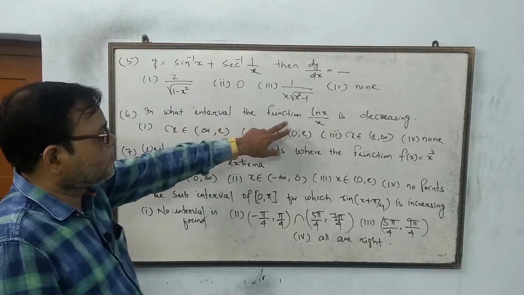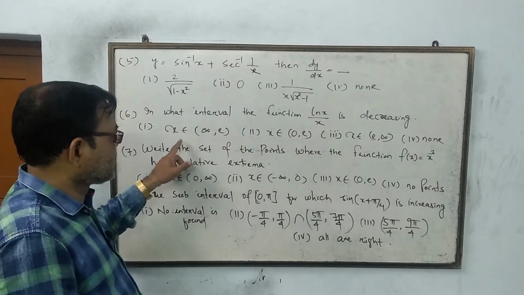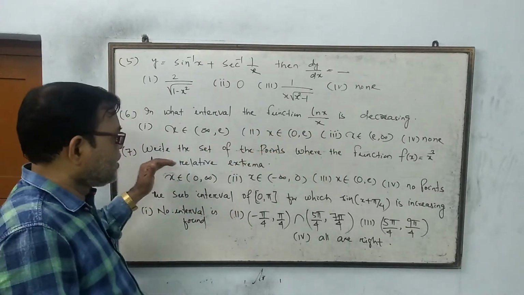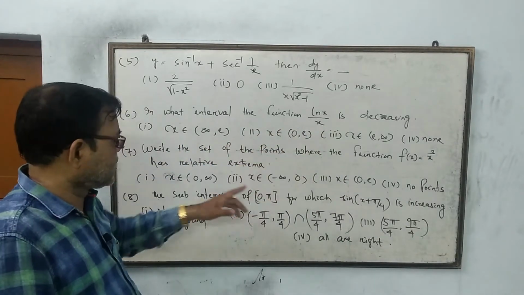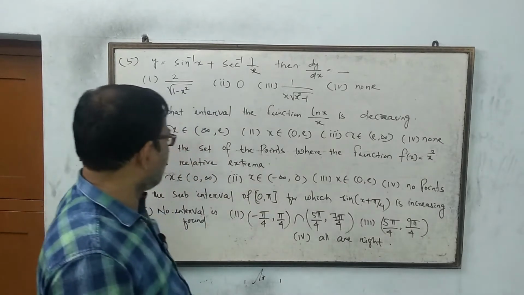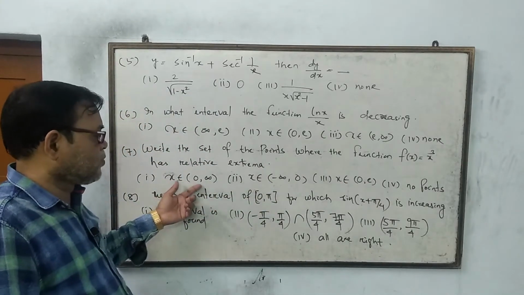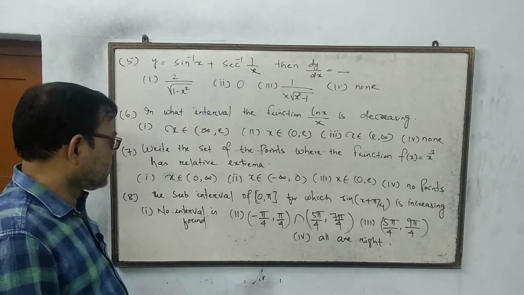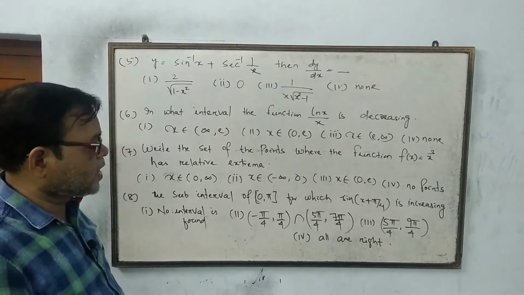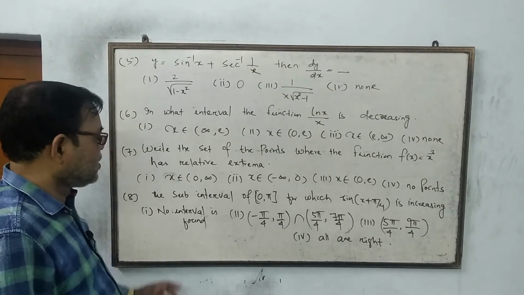In what interval is the function ln x by x decreasing? The four options are given here. Write the set of the points where the function f of x is equal to x cube has relative extrema. Four options are given here. And the subinterval of 0 to pi for which sin of x plus pi by 4 is increasing is no interval